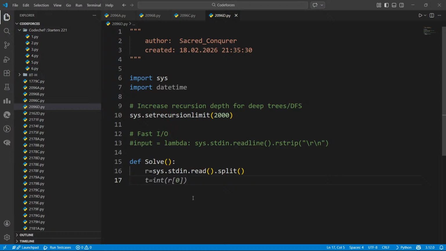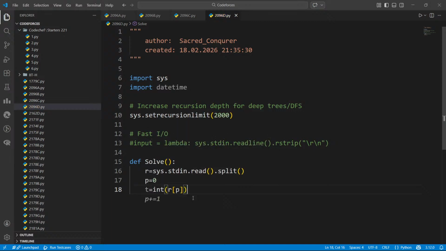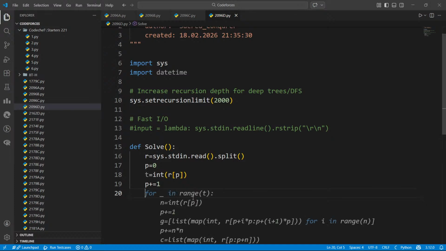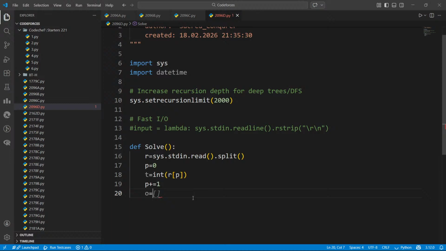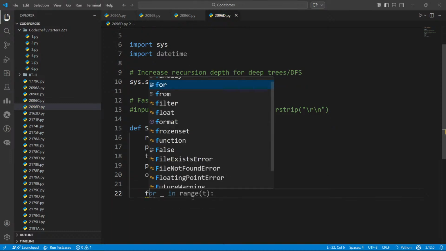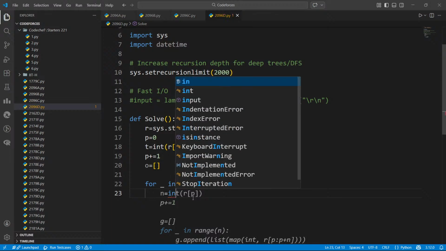I'll take one more integer variable p is equal to 0. Now t is equal to integer input, and then we'll increment p. Then I'll loop it, and n is equal to n input.